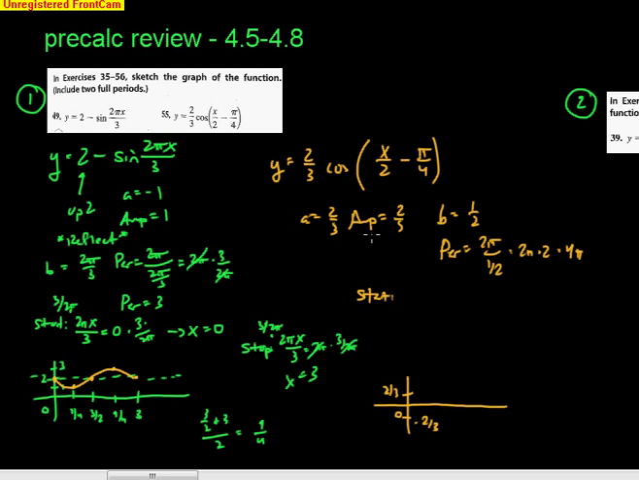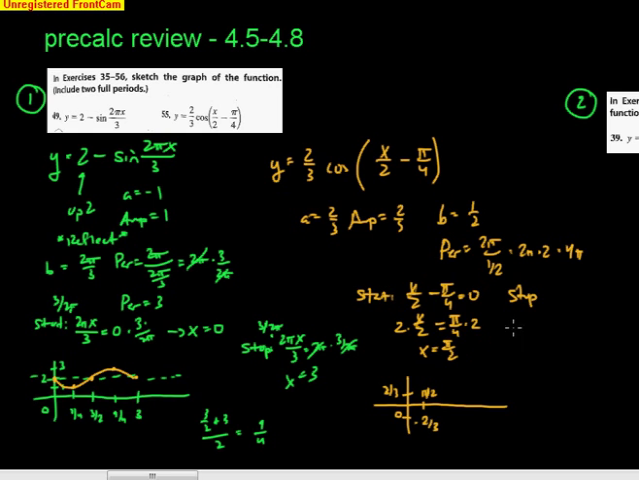To find the starting point, I take x over 2 minus pi over 4 and set it equal to 0. So we add pi over 4, and then we times by 2. And that's going to be pi over 2. So I'm going to start at pi over 2. And now to find the stopping point, so let's go pi over 2